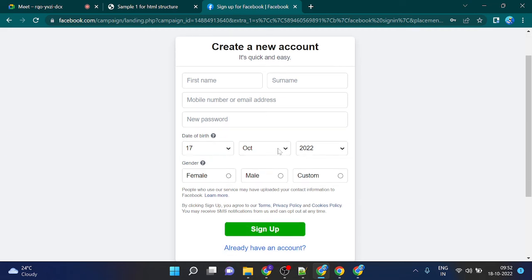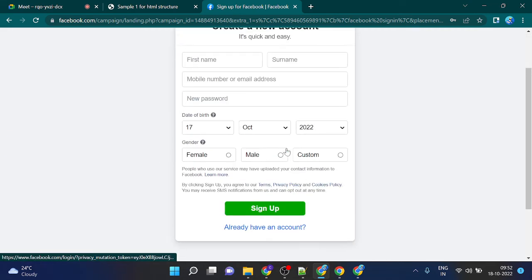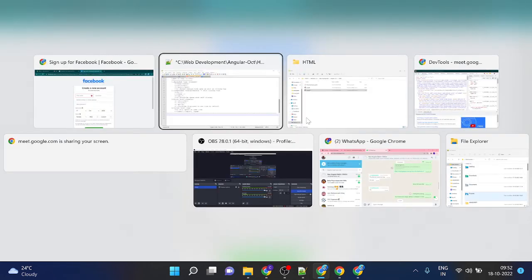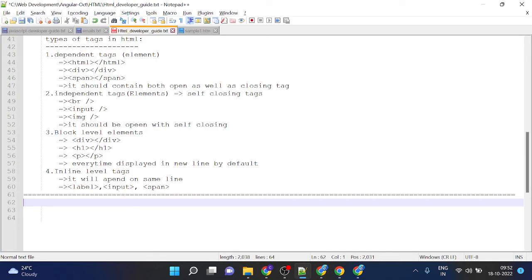HTML in the sense consists of total read and write information from the clients. It means if you see either sign up or login cases, there will be inputs. The input data they will be entering is for reading our data. We will be using JavaScript, but it will be handled with the help of HTML elements, with which we can write it, for reading and writing